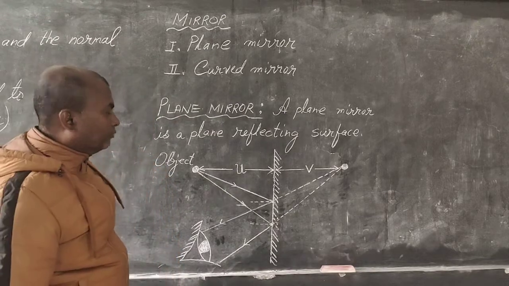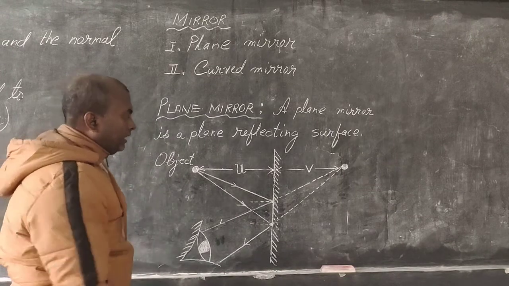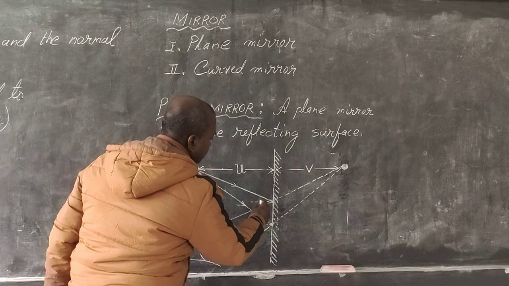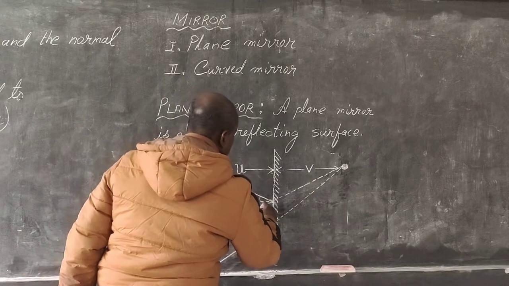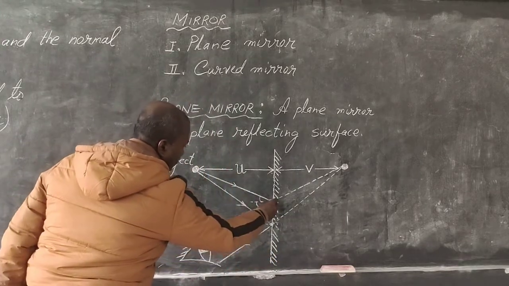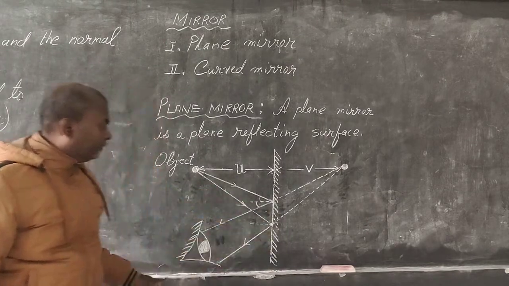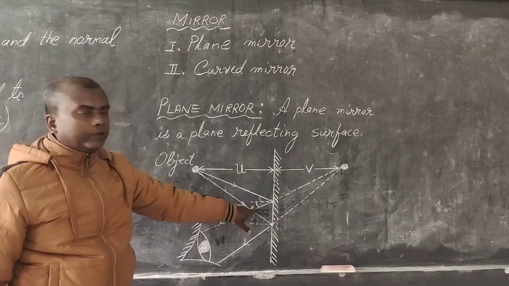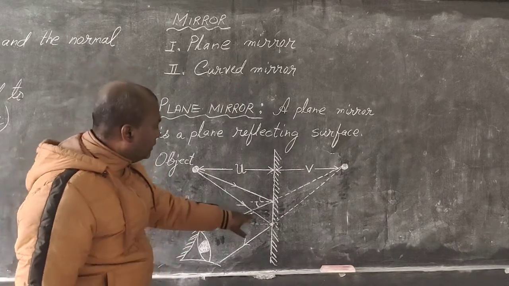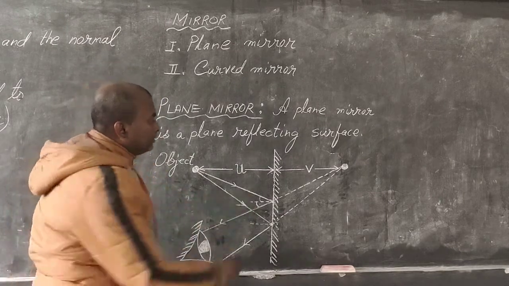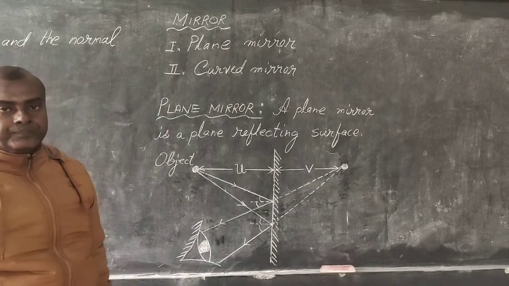The normals are very important for drawing ray diagrams in this case. We have just studied that the angle that the incident ray makes with the normal is called the angle of incidence, and this is the reflected ray. After striking here, it reflects back. Both these rays reflect after striking. So the angle of incidence and angle of reflection should be seen. That's what we learned in the second law of reflection. So in both cases, in this ray and in this ray, these two angles and these two angles should be equal to each other.